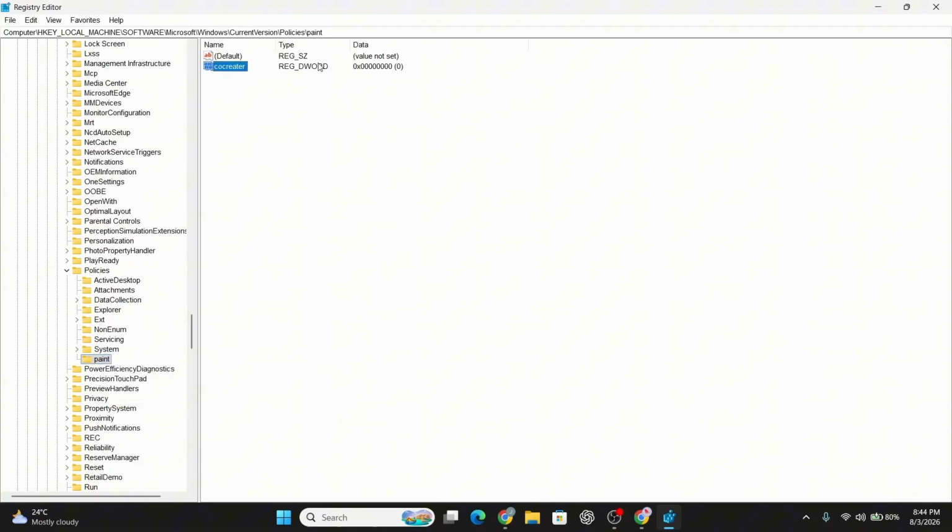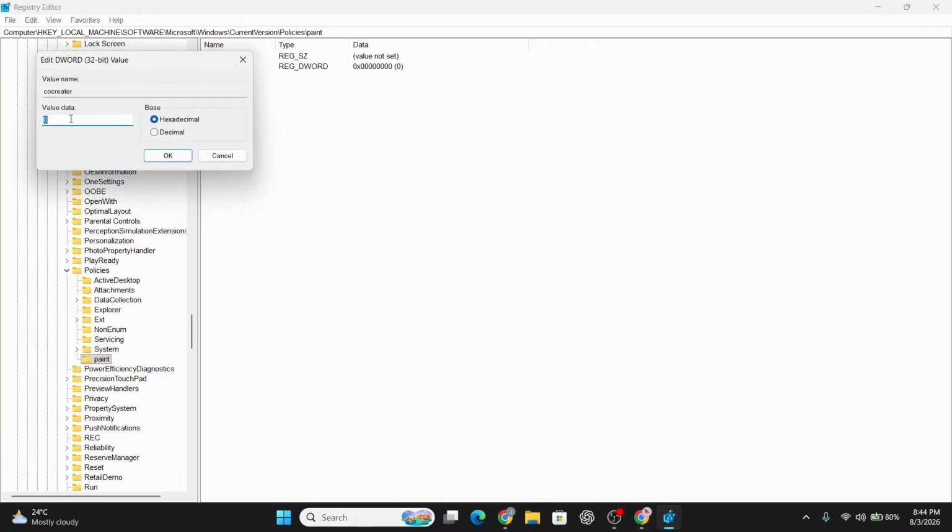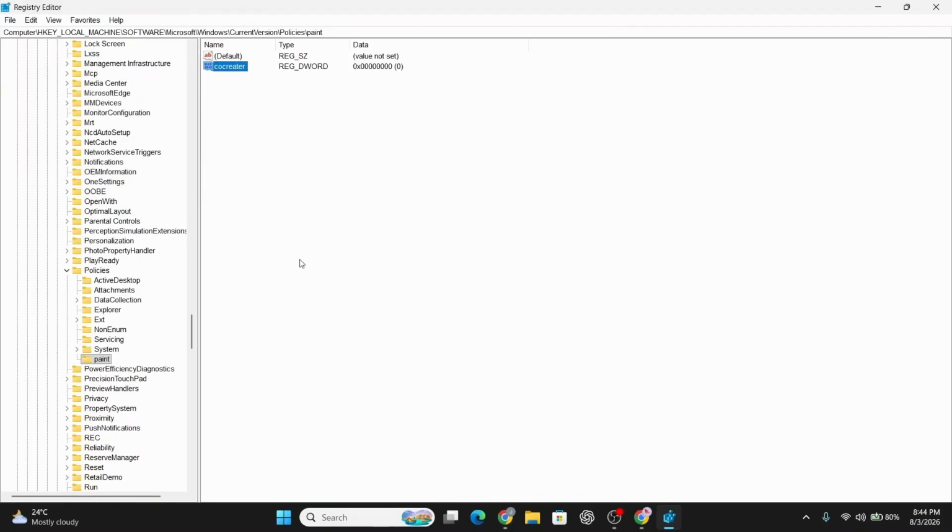From here, name this value Disable Co-Creator to turn off the Co-Creator feature specifically. At this stage, double-click on the new value and change it from 0 to 1, then click OK. Following this, repeat these same steps using Disable Image Creator or Disable Generative Fill if you want to turn off